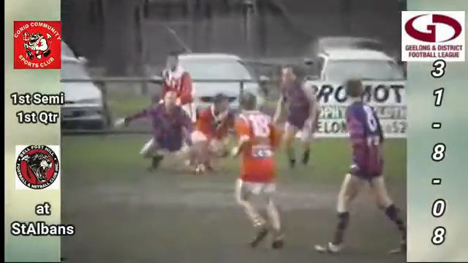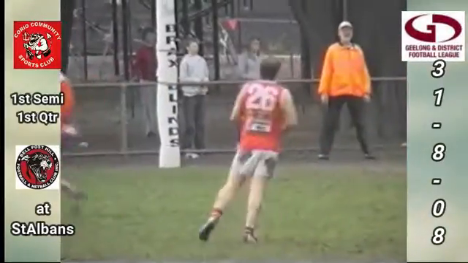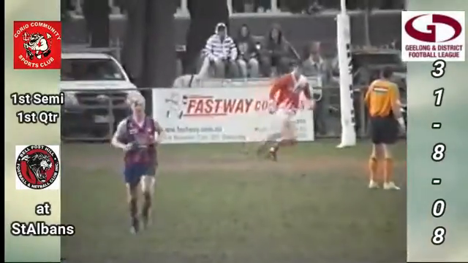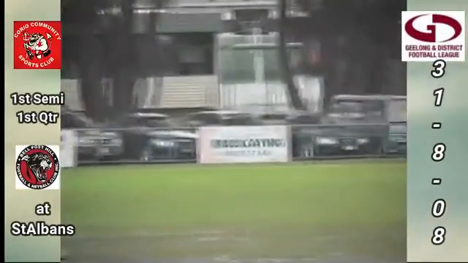Going back, Mostert does well and was deserving of that free kick. He plays on quickly. Goes to Nichols. Umpire says there's no advantage there, and Mostert will go back and take a free kick about 20 metres out from goal for the Corio side. So now, again, the option goes towards Nichols, and Nichols will take the mark.